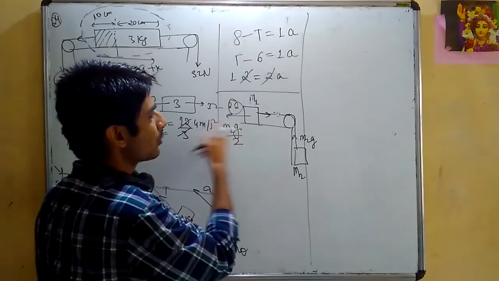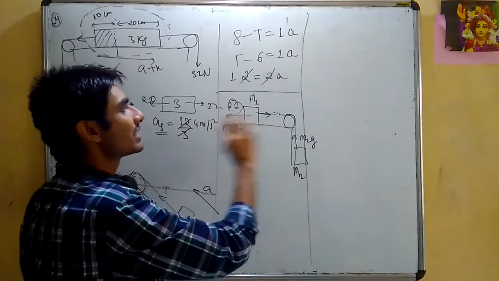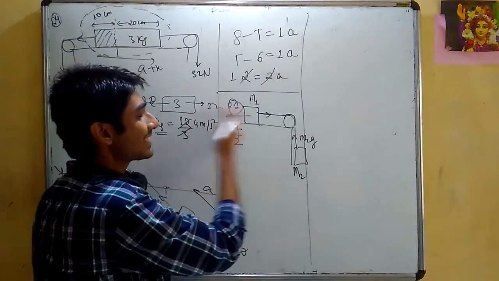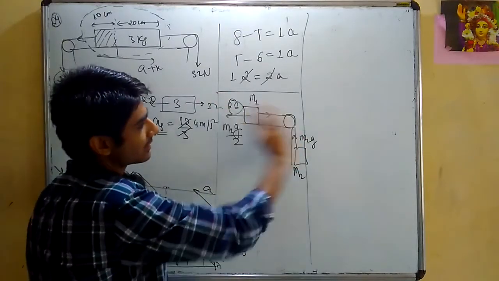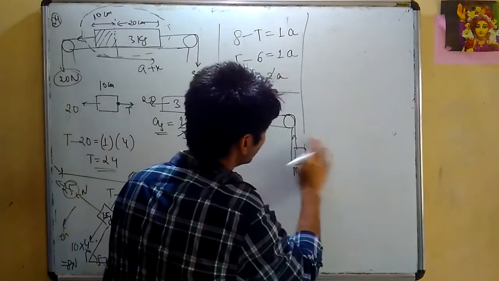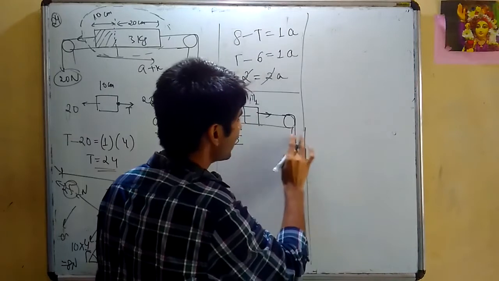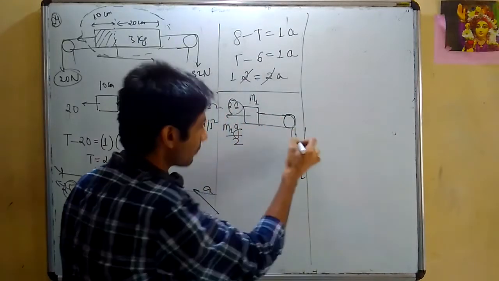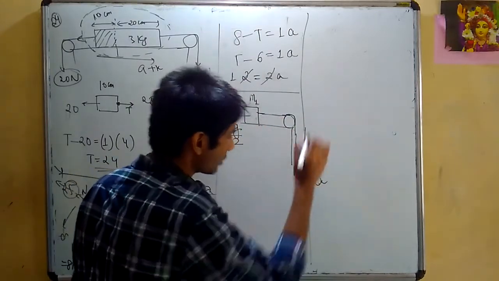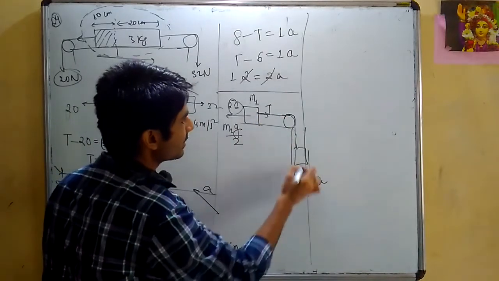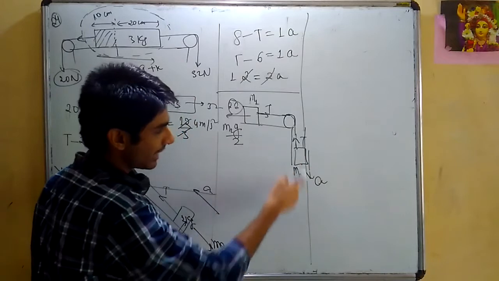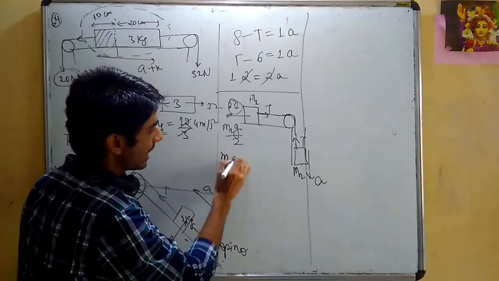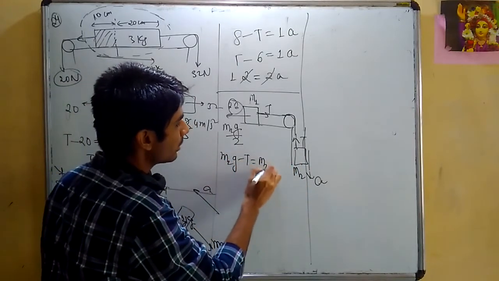Naturally, because this force is less, it will move in this direction. It cannot stay at rest, because that would need m2g, and we are not applying that much, so it will slide that way. So this block will come down. Let us say it comes down with an acceleration of a, and this is tension T, here also tension T. What is the equation for this? This is accelerating down. The equation will be m2g minus T is m2 into a.